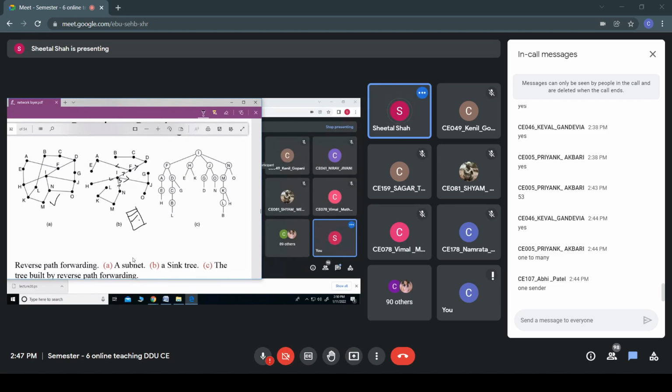If it is so, it will forward the packet to these two links. Again, when that packet reaches A, it finds whether the outgoing link E is a part of the spanning tree. If it is so, it will further forward this packet to E. Now, E will check whether this link is a part of the spanning tree. Since it is not there, it would not forward it further.